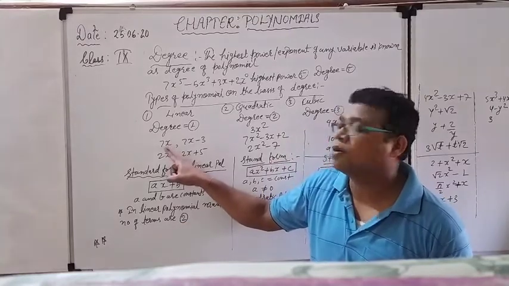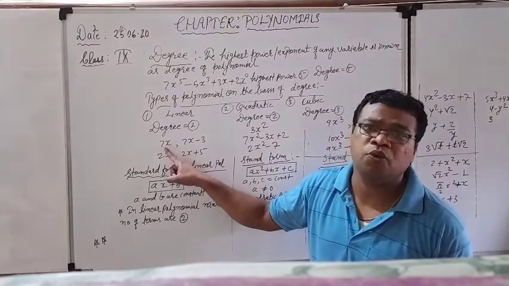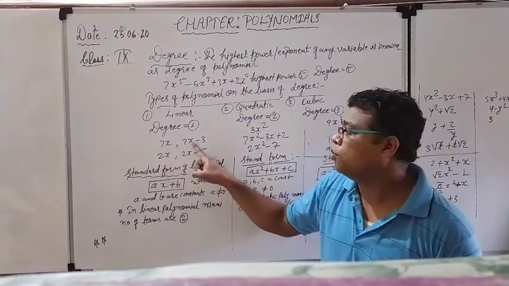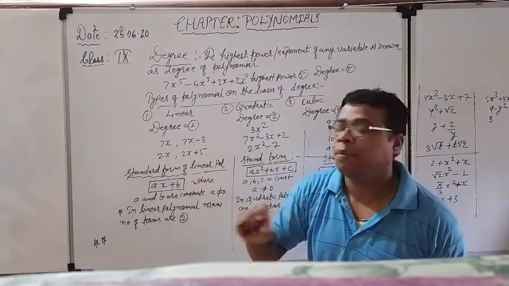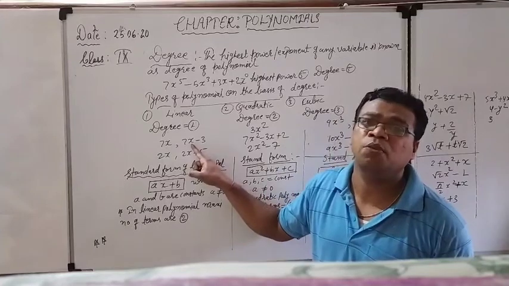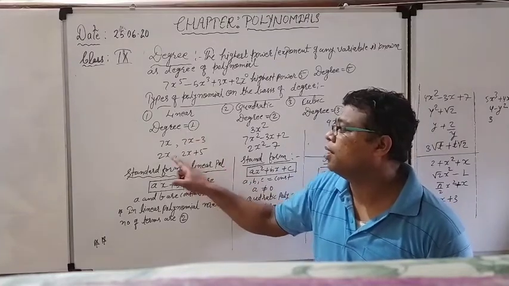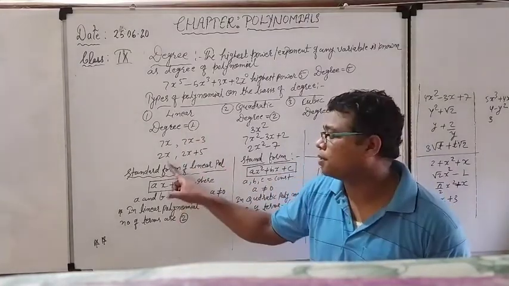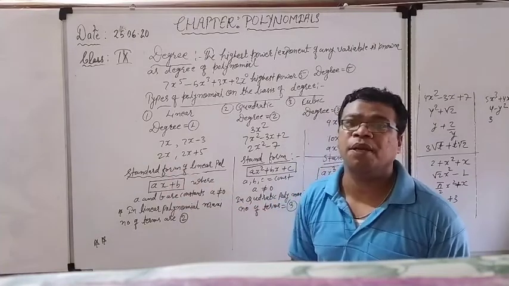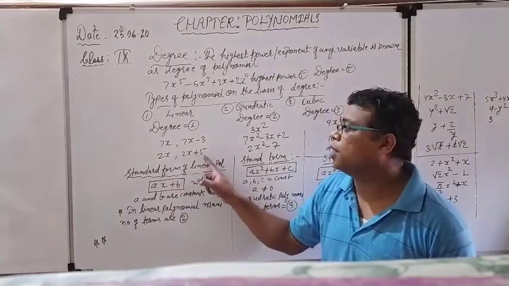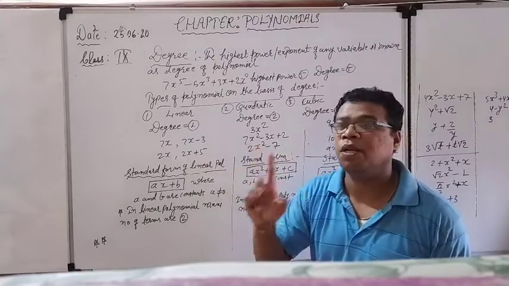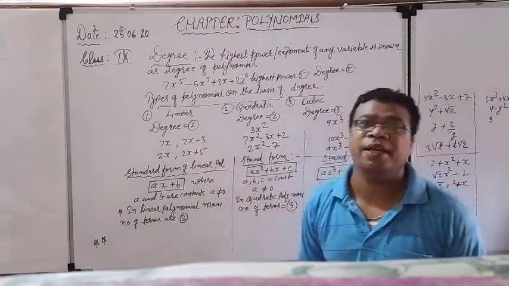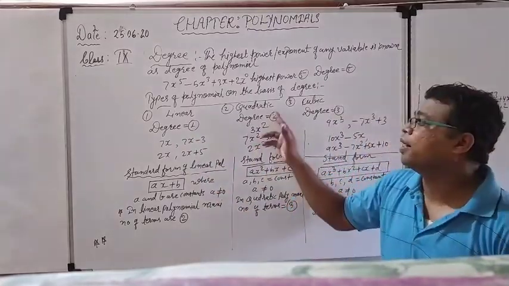What you can see, degree of variable is 1. So this is only one term, 7x, so it is a monomial, no problem. Here I have selected 2 terms, but again the degree of the variable is 1, so it is again a linear polynomial. Again I have selected monomial, 2x. Again the degree of the variable is 1. Here I have selected binomial 2x plus 5, but degree is 1, and because the degree is 1, it is a linear polynomial.